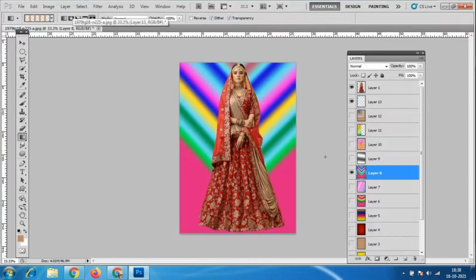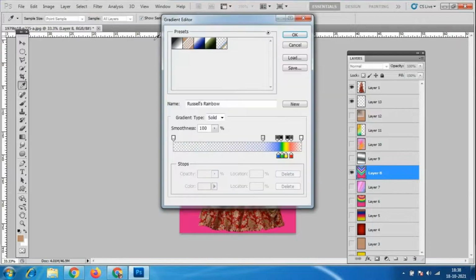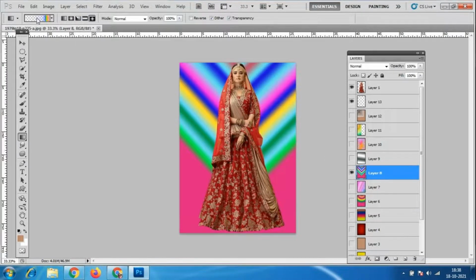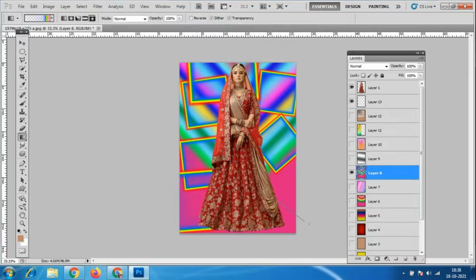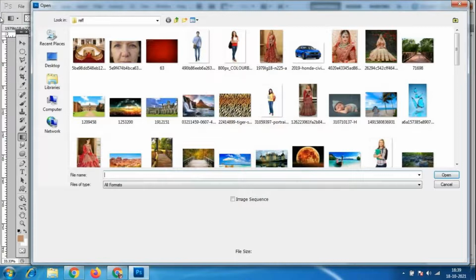And one more option we have, which is the last one. This is the color. Look here, at the start it is very transparent, and only this portion has the color. This is the same thing we saw, the transparent color mode. So we can apply colors like this, whatever color designs we want. Suppose I take any sky background image, and I want to make a rainbow here.